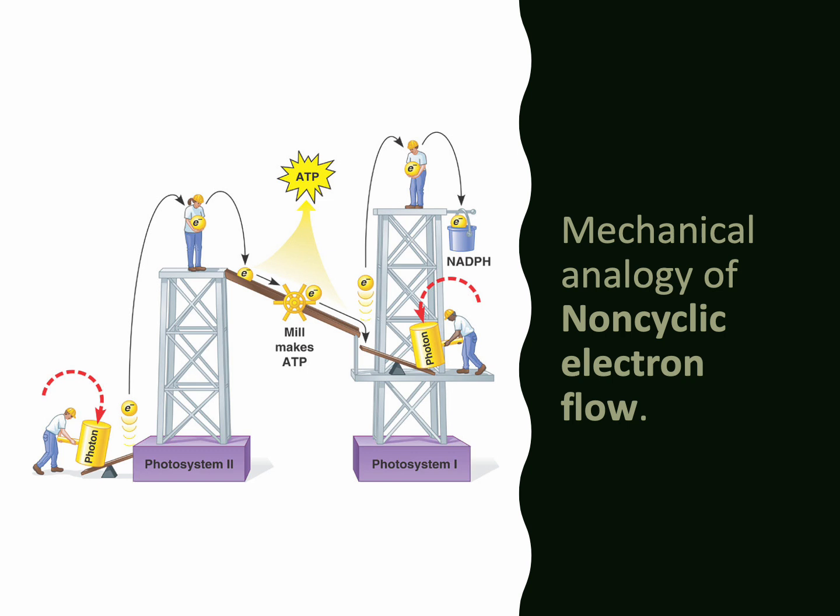So a photon is the energy required to bounce that electron up there. It then rolls through, and you can use the gravity as it moves down to power a mill that produces ATP, and then it gets there and needs to get hit again with another photon at photosystem 1, and then gives it just the right amount of energy to get it in the bucket, right? So can't help but feel like it'd be a lot easier to just maybe put the bucket on the ground, but that's okay. We're just talking about an analogy here.